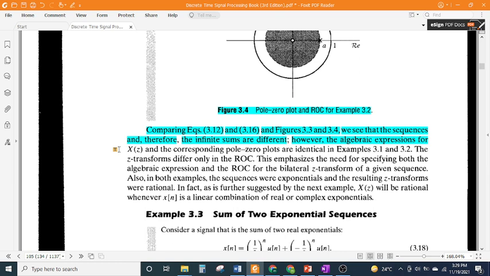Then using the general result of Example 3.1 with a = 1/2, the z-transforms of the two individual terms are easily seen to be (1/2)^n u[n] ↔ 1/(1 - (1/2)z^-1), |z| > 1/2, Eq. 3.21, and (-1/3)^n u[n] ↔ 1/(1 + (1/3)z^-1), |z| > 1/3, Eq. 3.22, and consequently (1/2)^n u[n] + (-1/3)^n u[n] ↔ 1/(1 - (1/2)z^-1) + 1/(1 + (1/3)z^-1), |z| > 1/2, Eq. 3.23, as determined in Example 3.3. The pole-zero plot and ROC for the z-transform of each of the individual terms and for the combined signal are shown in Figure 3.5. All the major points of Examples 3.1 to 3.4